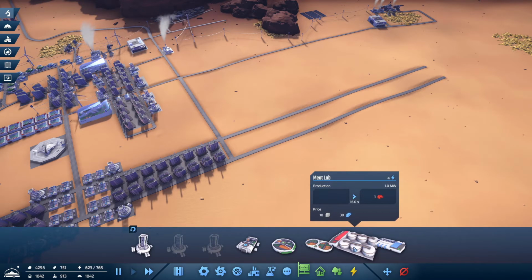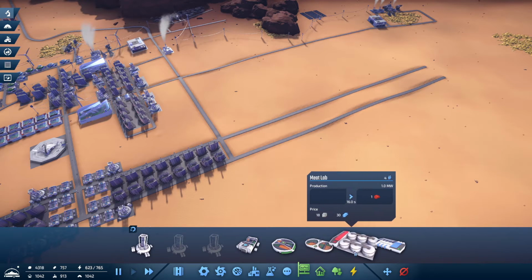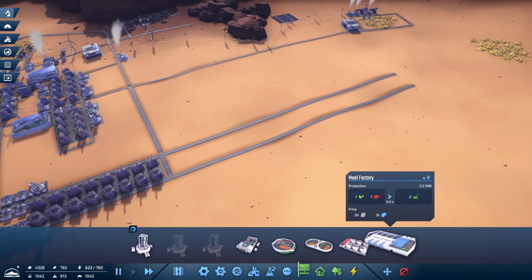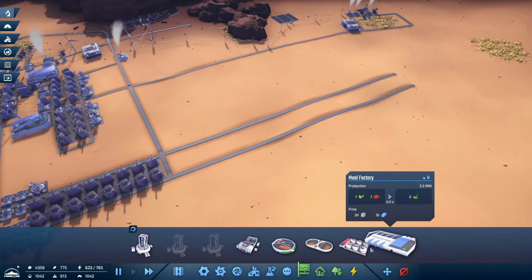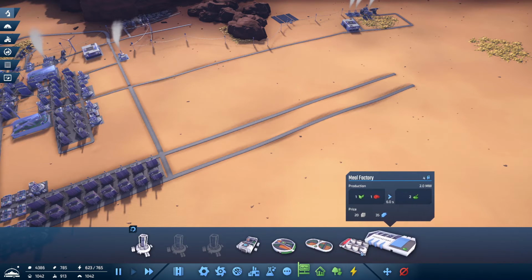This just makes meat, just lab-grown meat. Okay, 16 seconds there, 14 for 2, so that's 7 seconds each. That's a 6-second craft to make 2 meals. Glorious. 6 seconds, so that is 16 seconds. So that means 2 of these is 8. So 3 of these to 2 of these, roughly. 3 meat labs to 1 meal factory. Wow,